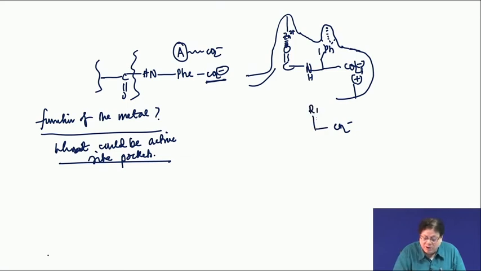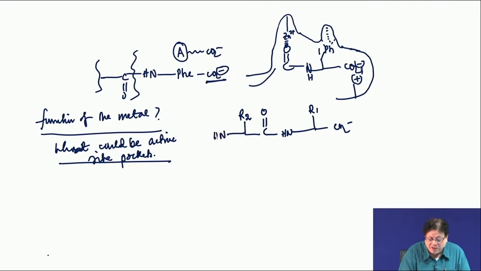R, suppose R1, then you have NH, then you have CO, but the zinc must not be here, because if zinc is here, then the terminal peptide bond would have been hydrolyzed. So, then there is some residue here, suppose this is R2, and then you have this NH, then you have this CO. So, now you can draw a kind of active site structure. So, there must be zinc here,